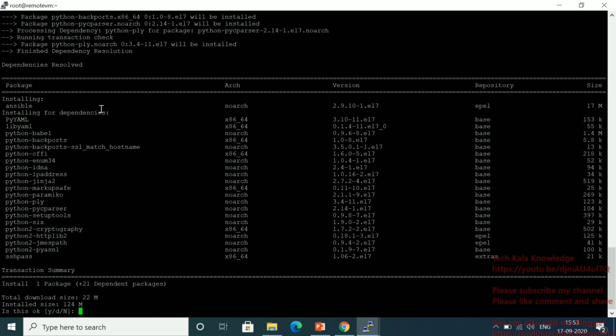You can see Ansible version 2.9 is being taken, and it requires all the Python related packages as dependencies, so those are also going to be installed. So let me install.